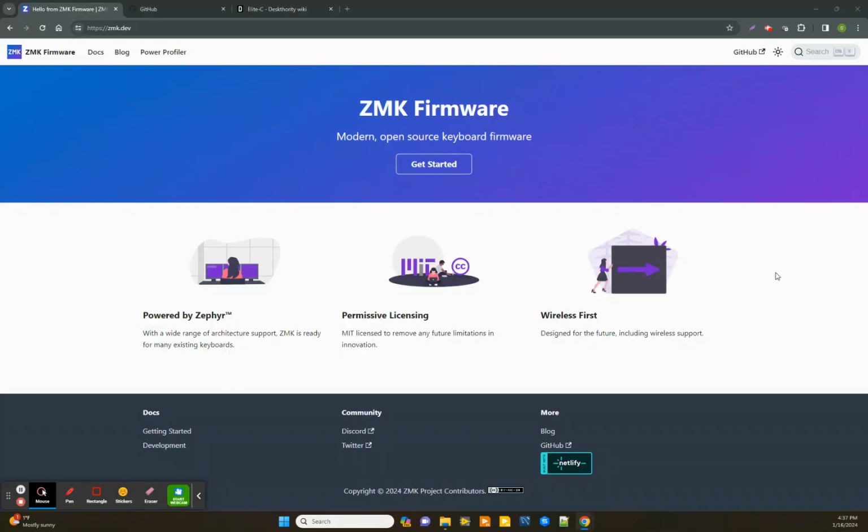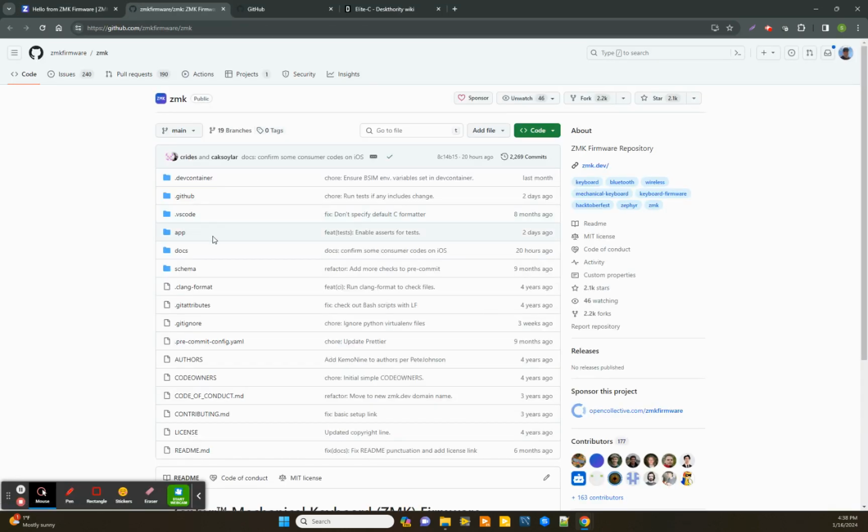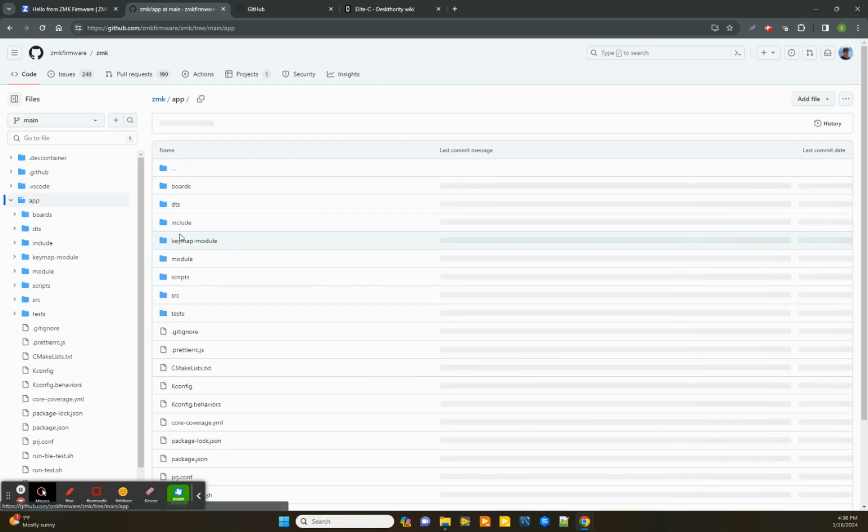Let me show you how to create a profile for a keyboard not existing in ZMK. So first it would be good to find some existing keyboard and clone its profile, so then later we can modify it. Let's see, in ZMK GitHub, we go into app,